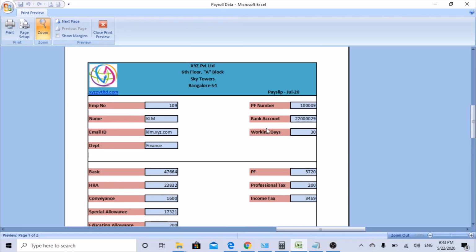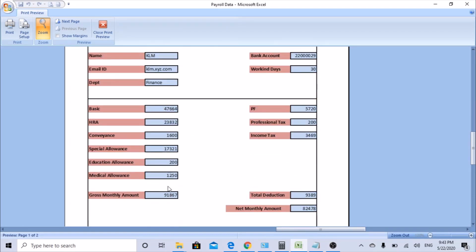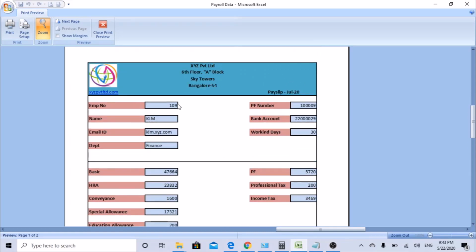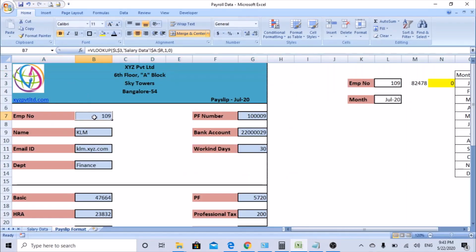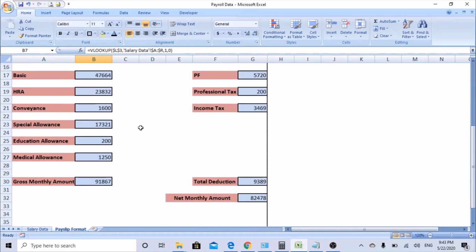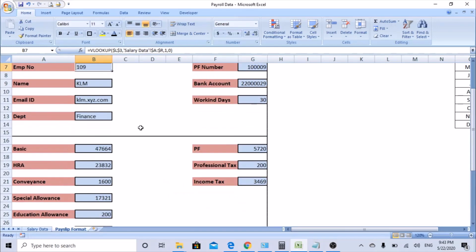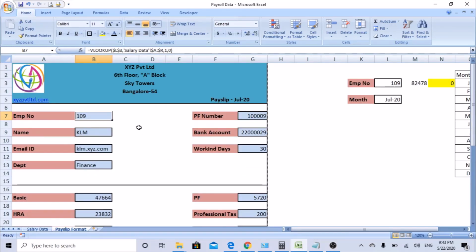See how it looks, right? If you want, you can align this amount to the left-hand side or right. Let's keep it like this. Now you can see. Very simple, guys. So now we are done with the payslip. Now the values are picking. So we need to create a PDF.